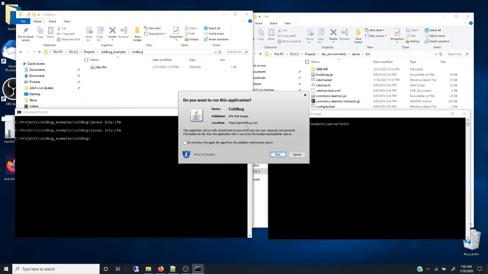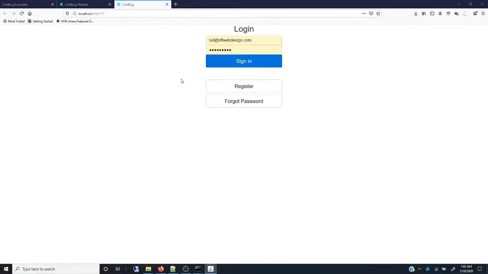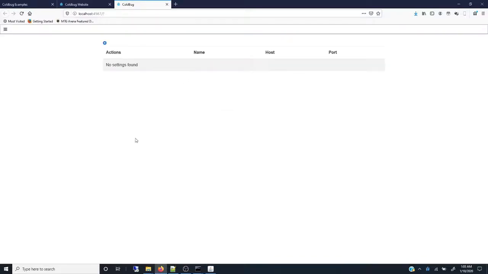The security certificate opens up, it's valid. We're going to click Run, and on supported operating systems it's going to automatically launch it into the browser. I have my login information. If you're not set up yet, then you're going to want to register, sign in,